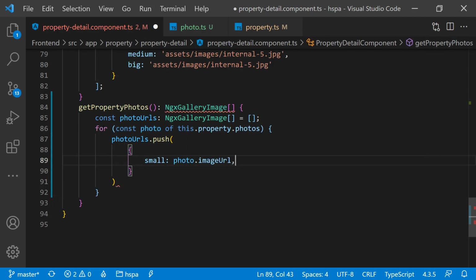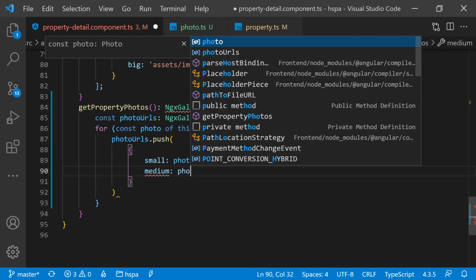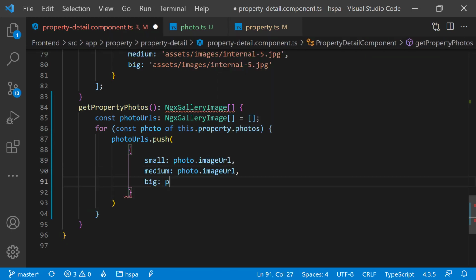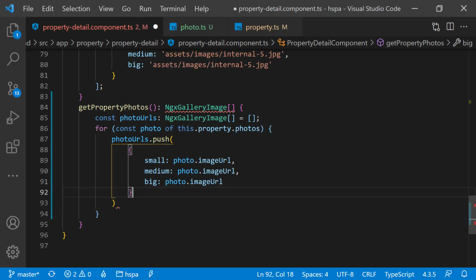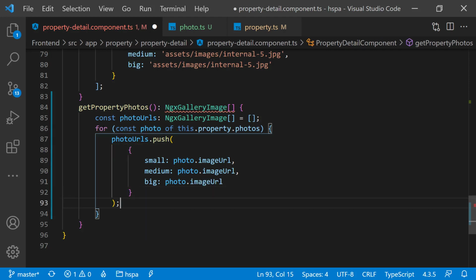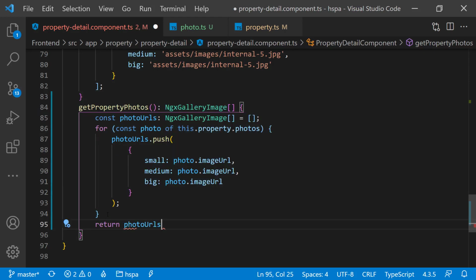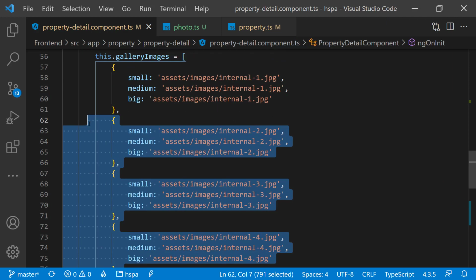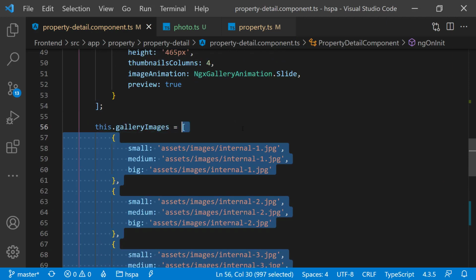In our case, we have the same URL for all of these 3 types of images. And finally return this photo URLs from this function. Now we can use this function here to get property photos from API.